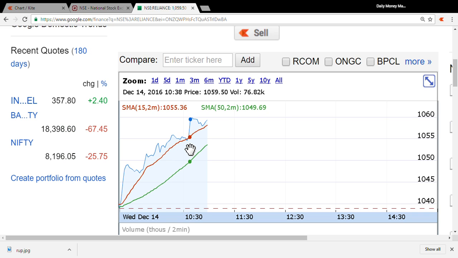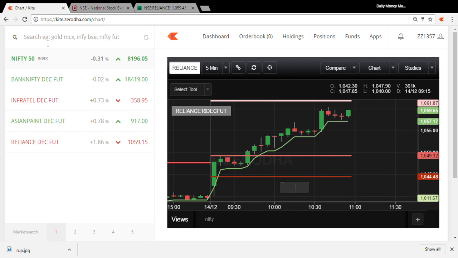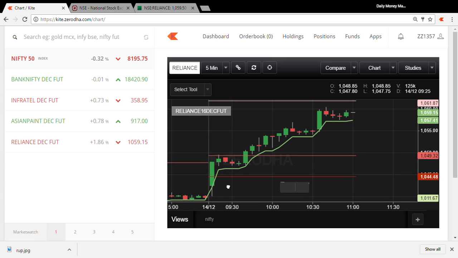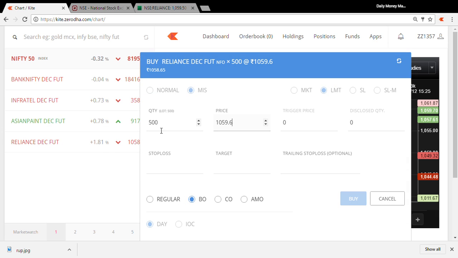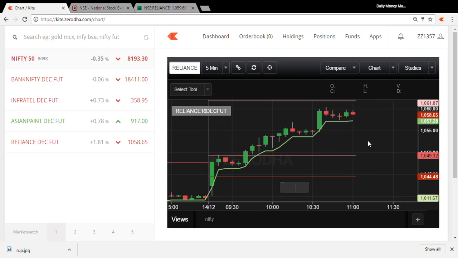Or if you have an account with some brokerage firm like Zerodha or any other, you can also add the script here and check the buy signal. Here you can see the Reliance stock constantly going up, and you can get a maximum profit by keeping the stop loss in the upward direction. The Reliance futures lot size is 50, so you can calculate the profit and exit at your proper position when the direction is negative or it breaks the super trend level.